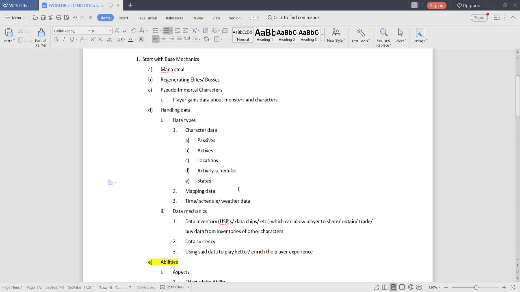So a state would change its activity schedule. Maybe not state, but more like status, because state reminds me of a more in-the-moment thing, and status is more long term. That's how I currently think of it. Some other people might have different interpretations, but I'm just going to rename it to that.